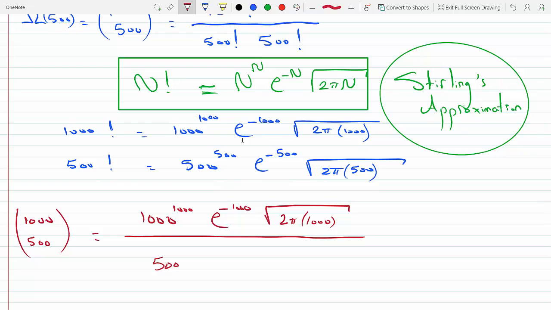And then e to the minus 500 becomes e to the minus 1,000, because I'm squaring each one. And here we have 2 pi times 500, the square goes away on the square root, so immediately we notice that the e to the minus 1,000 terms go away, and one of these goes away, so we are left with